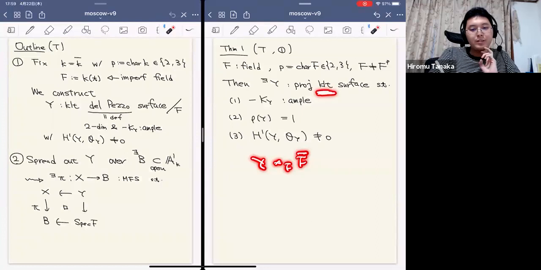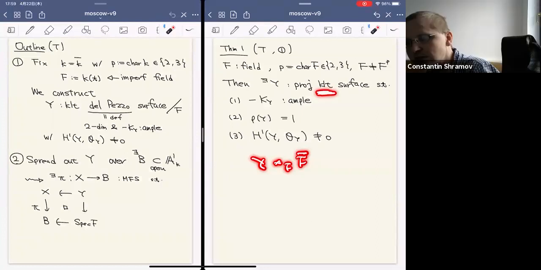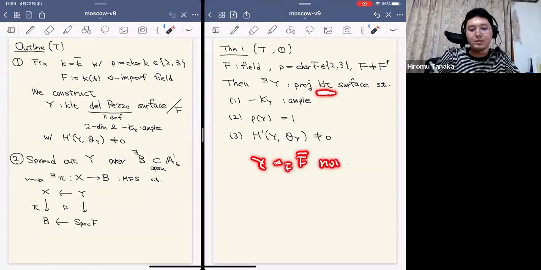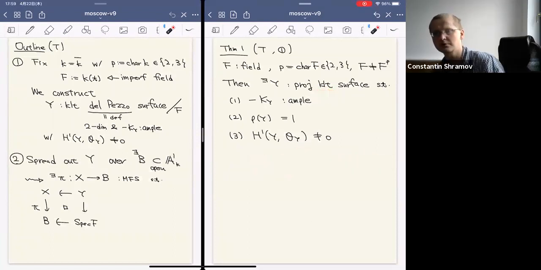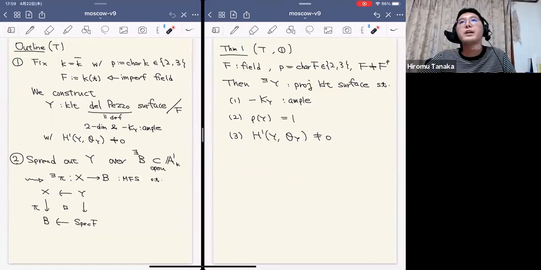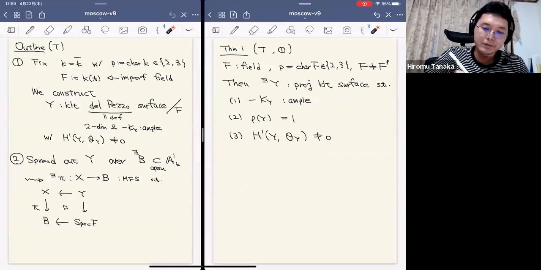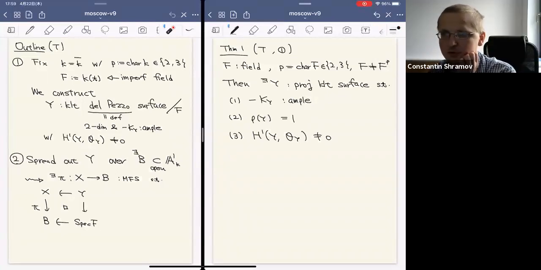For example, normality could break, and you could get singularities. Even this could be non-reduced, so the main property could break up. This is maybe even more interesting. Yeah, so base change is a very, very drastic operation in positive characteristic. Thank you. Life is even worse than I could imagine.